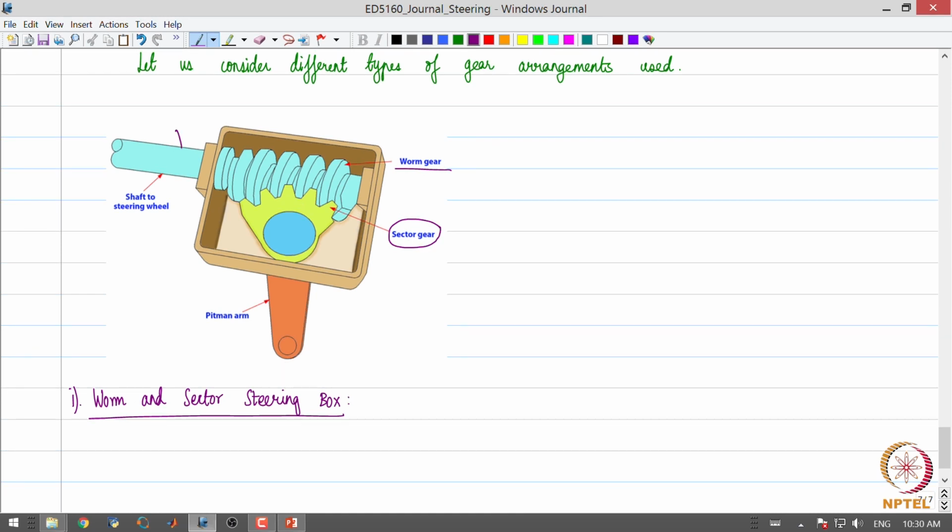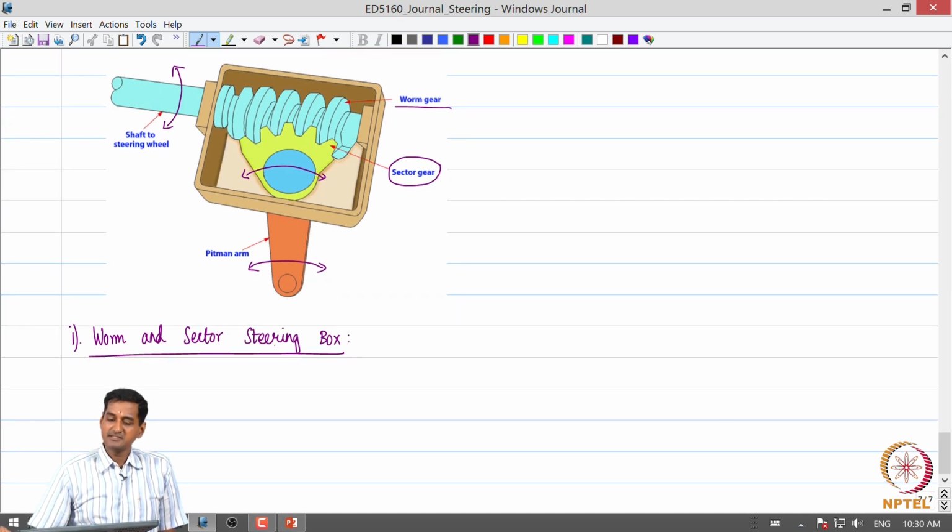So as this worm gear is rotated by the driver, the sector gear is also correspondingly rotated, and consequently the pitman arm is rotated and motion is transmitted to the track rod, right. So that is the construction and operation of a worm and sector gearbox. Of course, we can design this worm and sector gearbox to achieve the desired gear ratio,